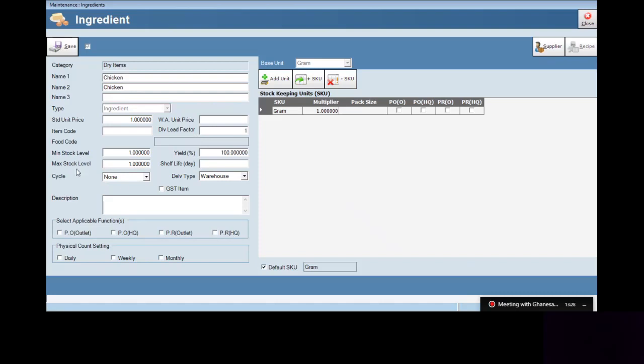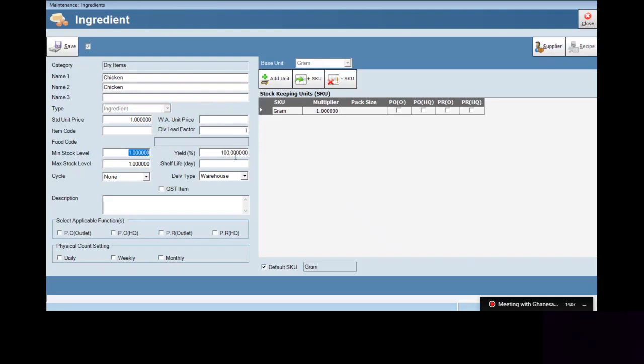Minimum stock and maximum stock are indications to the client of how much stock is minimal, which appears as a low stock item, and the maximum quantity they can store in the outlets or in the warehouse. For example, for this chicken I set the minimum stock level as 2 kg. When converted, the minimum and maximum stock levels always follow the base unit calculation, since it appears in grams.